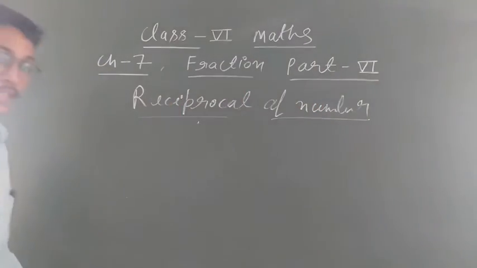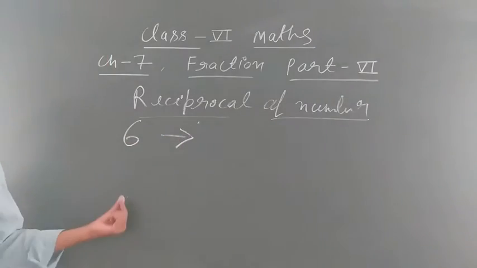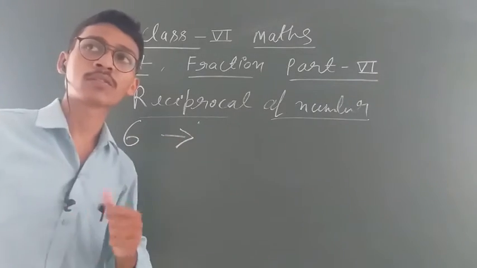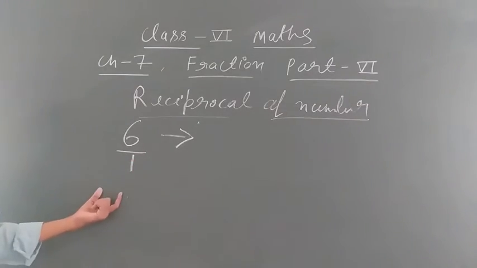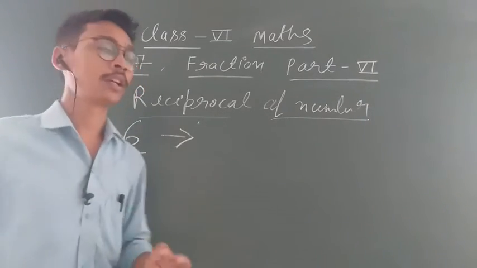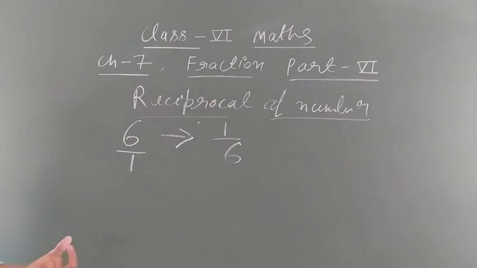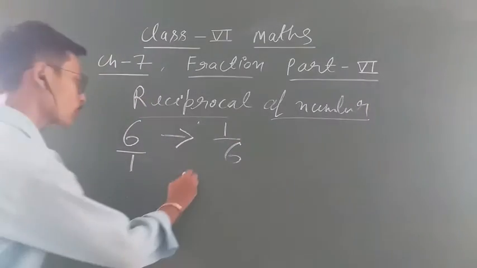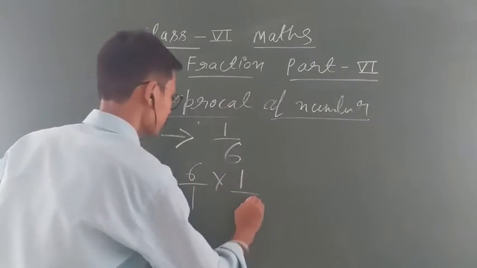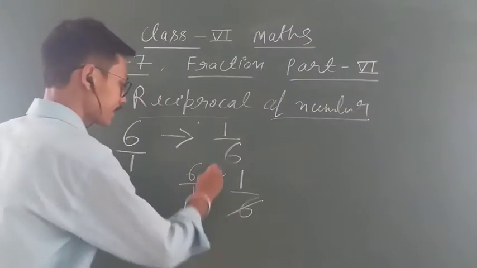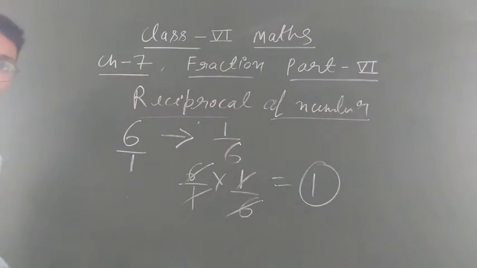Okay student, some other examples we will take because this is very helpful for your next questions. Next example I am going to take. If 6 is given, find the reciprocal of this. You know that you can write 6 upon 1 because nothing is given, it means you can take the denominator as 1. So you write 1 upon 6. This is the reciprocal. Okay, how will you check? The product should be 1. So 6 upon 1 multiplied by 1 upon 6. 6 and 6 cancel, 1 and 1 cancel, answer is 1. It means this is the correct reciprocal.